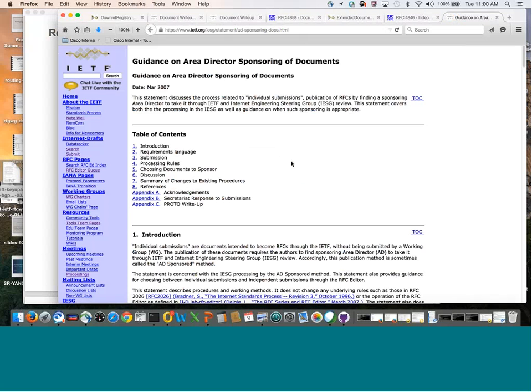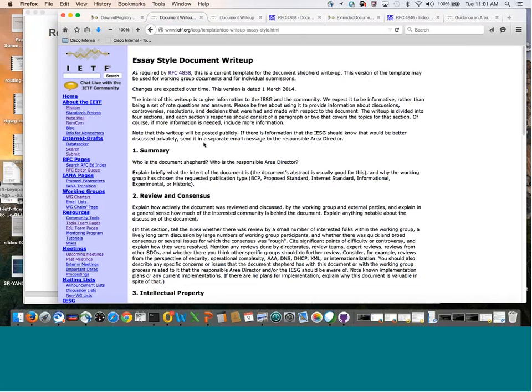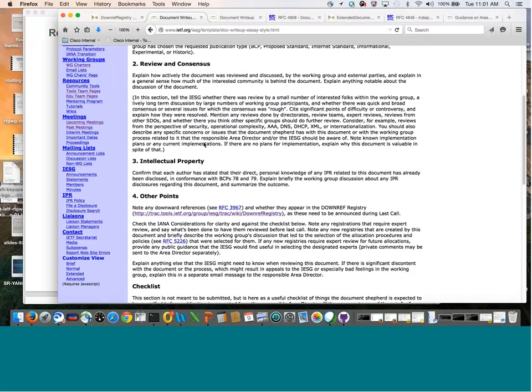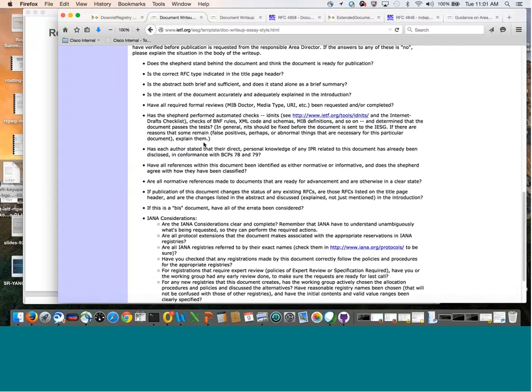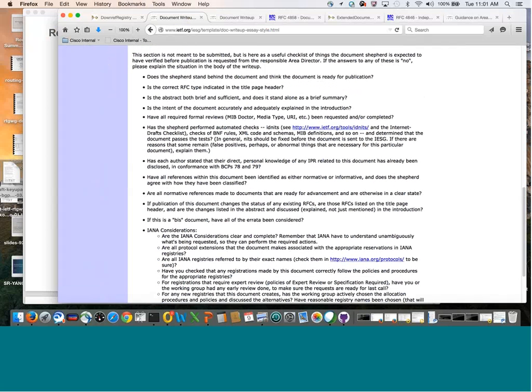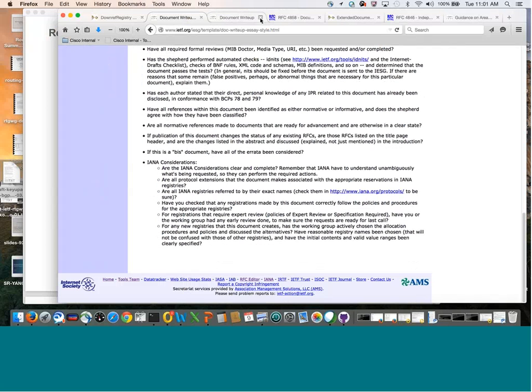You see, this is the guidance on area director sponsored documents. And the other thing I just wanted to show you, here's the essay style, and there's that checklist that's really valuable anytime you're reviewing a draft, not just as a shepherd, but if you're in the routing directorate or whatever. And finally, let's see, here is